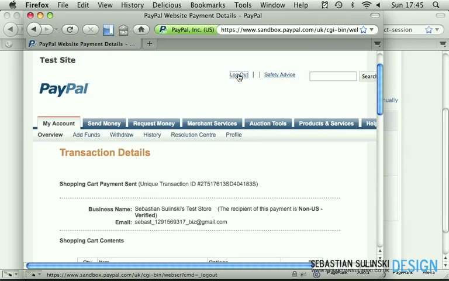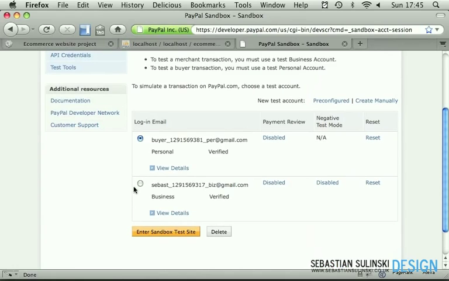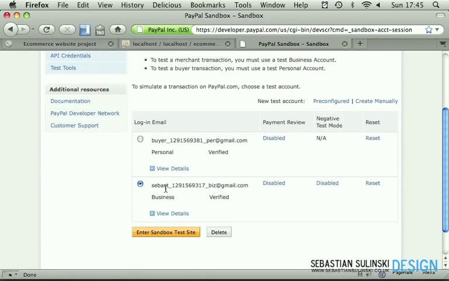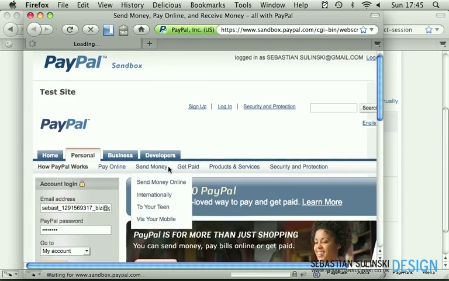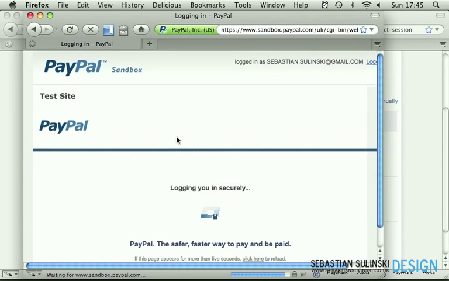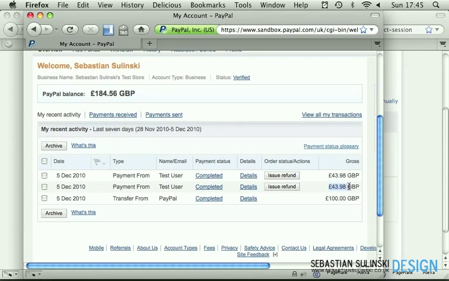So if we now log out of this one, which is most probably going to log us out from this account as well if we were about to refresh. But now if we go to the business one, select the business one and click on Enter Sandbox Test Site. Obviously we need to log in as well. Okay, so now we are logged in. We see how much money we got already. Our balance to start with, we've requested £100 to be on the account. We had already 2 transactions to our account, so 2 payments have been